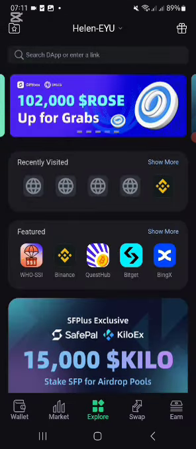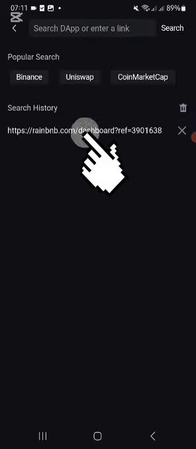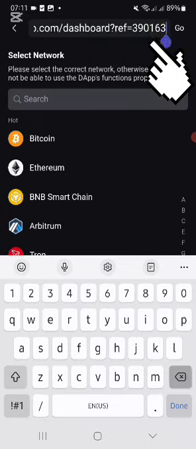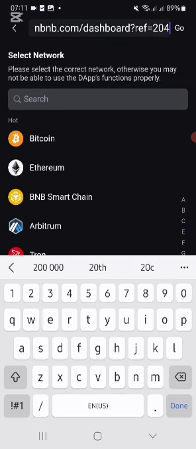So I'm going to go into my wallet. I'm going to press on search the app there at the top. And now I'm going to click, because that is somebody else's link. I'm going to go there, then go back, and type my link number in. You've got to do this on every single one that you're going to do.